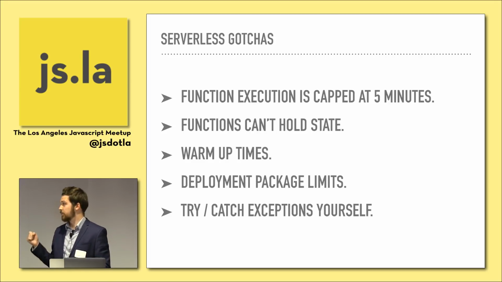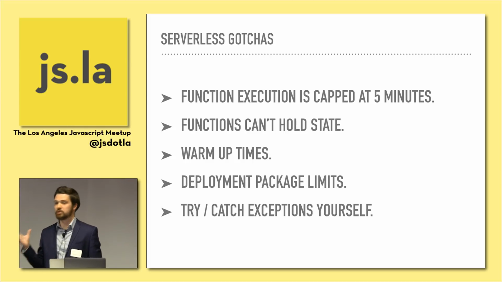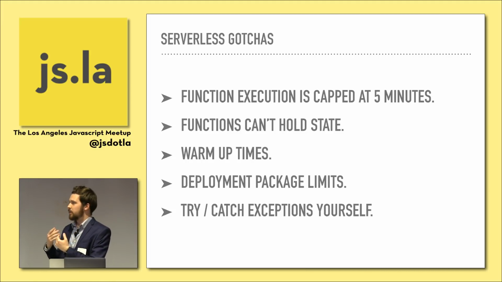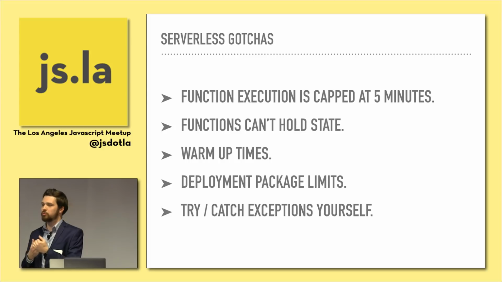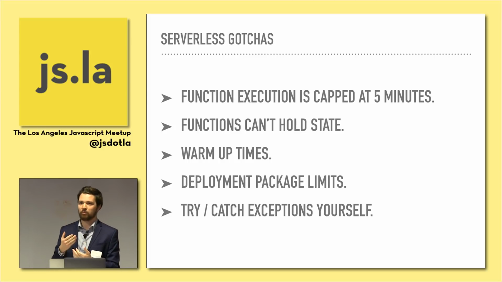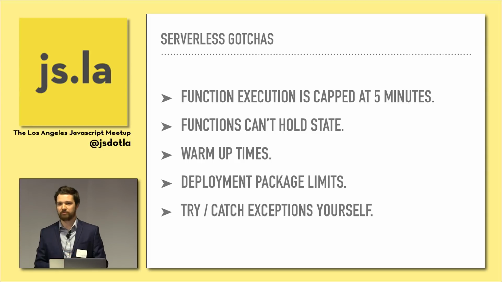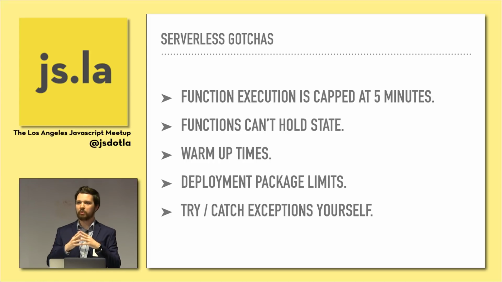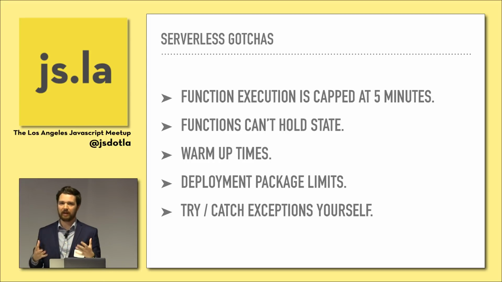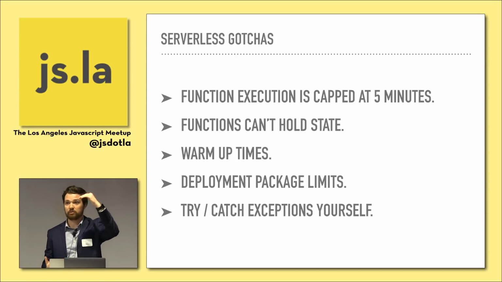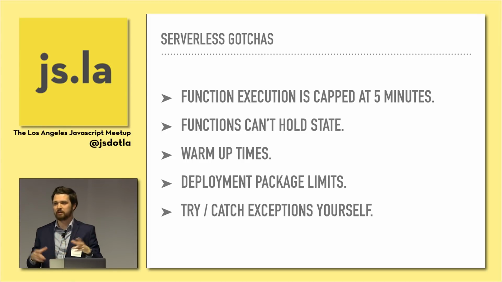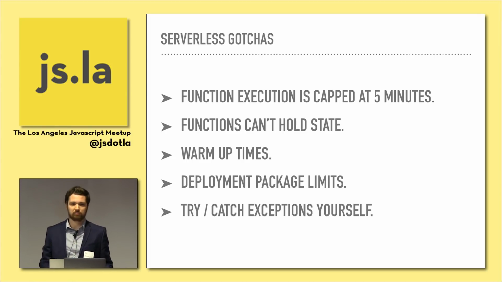And at the end of the day, you've got to try-catch your exceptions yourself in that environment. You've got to react to those exceptions yourself, do reporting, and call the callback with the error to indicate that your Lambda actually failed, so you can react to that. In that environment, you cannot rely on things just blowing up and automatically doing the right thing. What I usually do is wrap the whole entire function inside a try-catch, and if something bubbles up, I grab that and shoot it to Slack, CloudWatch, or anything like that.